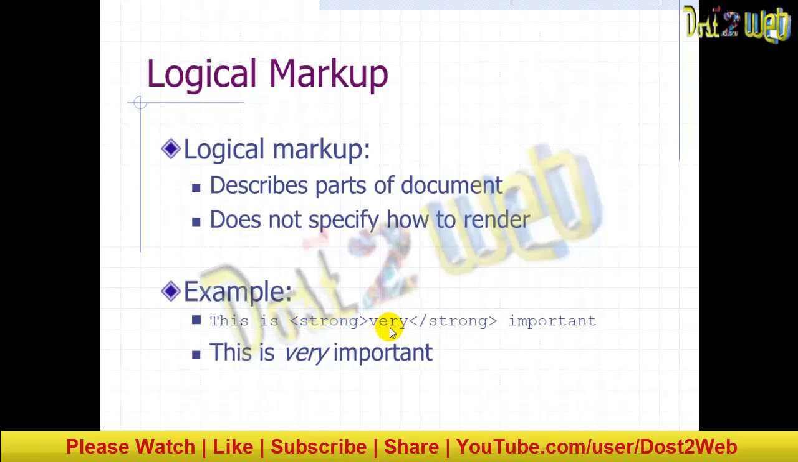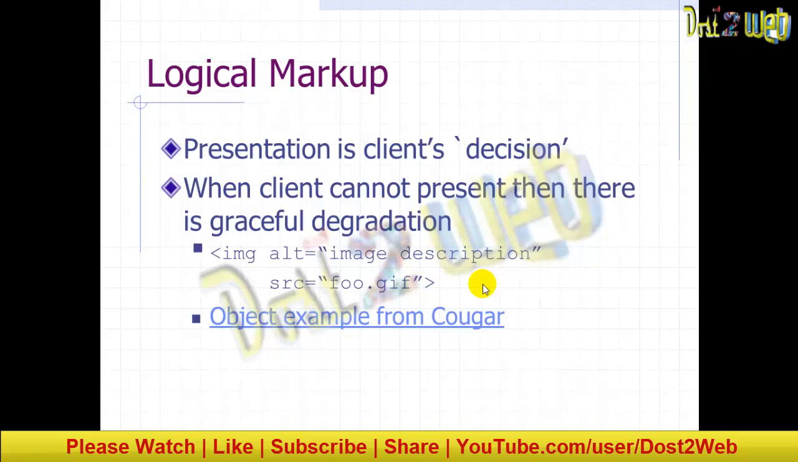So whatever we are writing here will become strong, that is the bold letter, and important. So this is the logical markup. Similarly, yesterday also when we talked about it, I said right,